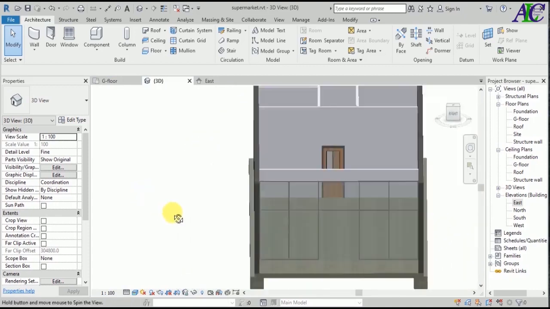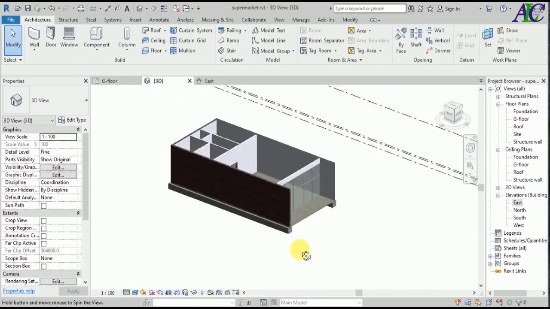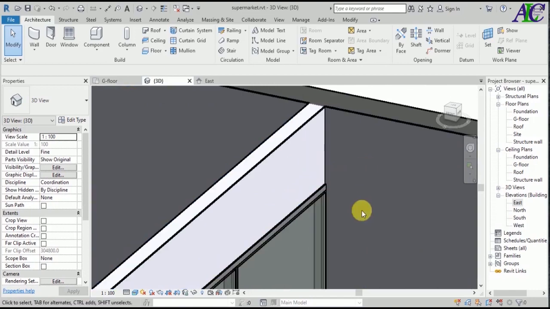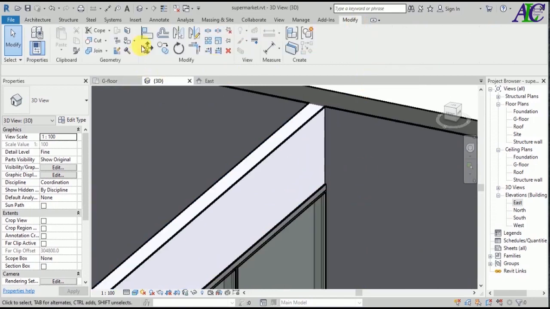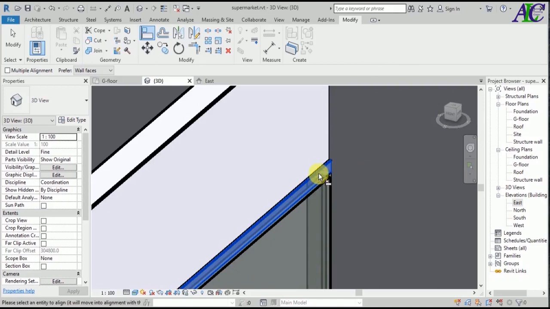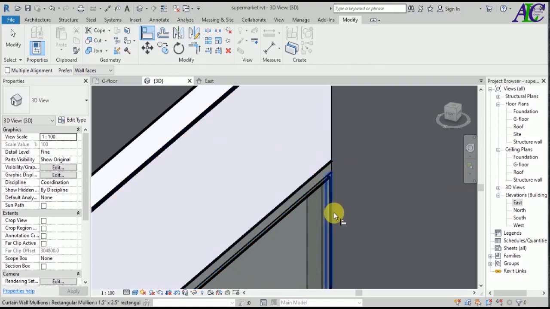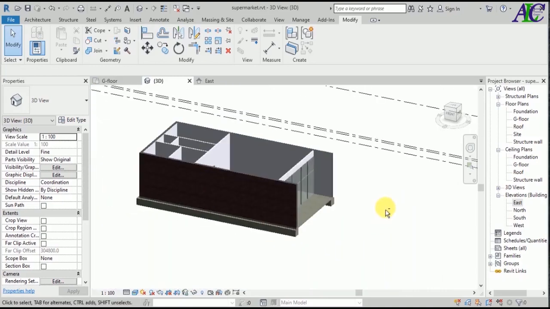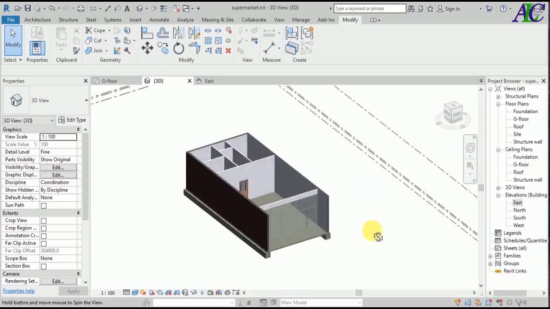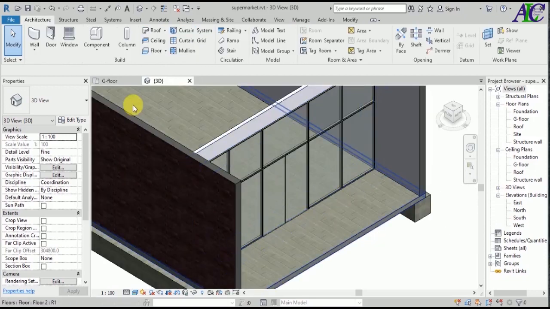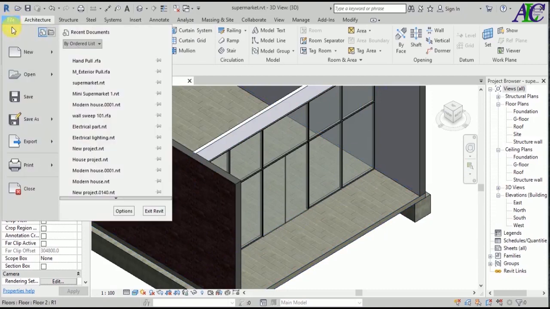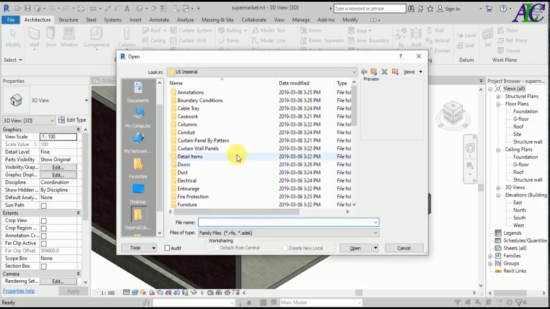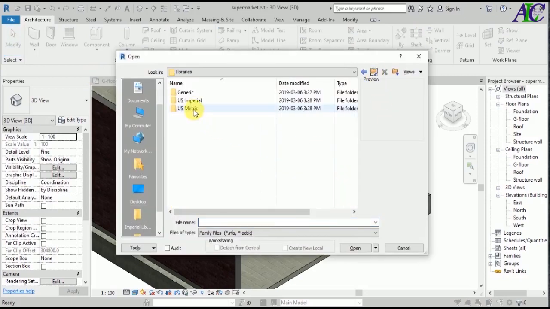So this is not aligned. There's the outdoor, the glass with the wall. If you want to align that, because I start from the center, you can go to modify and then align and select the wall and align with the curtain wall like this. Okay, outside is aligned and inside is not, because the curtain wall width is smaller than the wall. Okay,